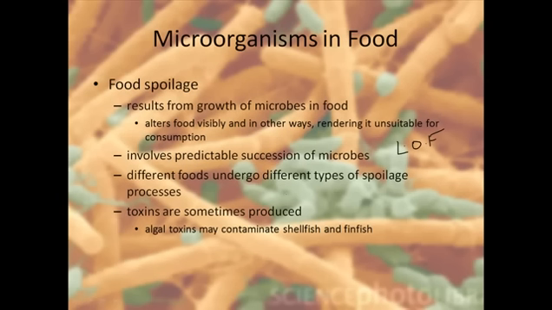For example, protein-rich foods go through proteolysis, carbohydrates go through fermentation processes, and lipids go through different processes to get hampered. And they get hampered not only by the direct attack of microorganisms and the release of enzymes by microorganisms, but also microorganisms release some protein parts which are called toxins. For example, algal toxins can do that. You may contaminate shellfish and finfish. Shellfish is a really highly perishable food, as we know, because algal toxin can damage it really well.